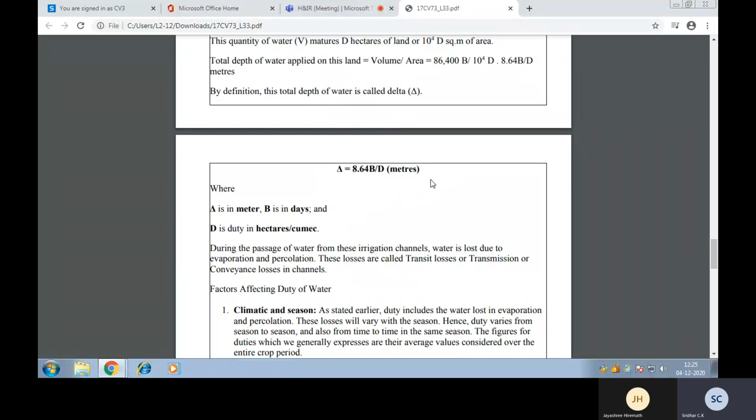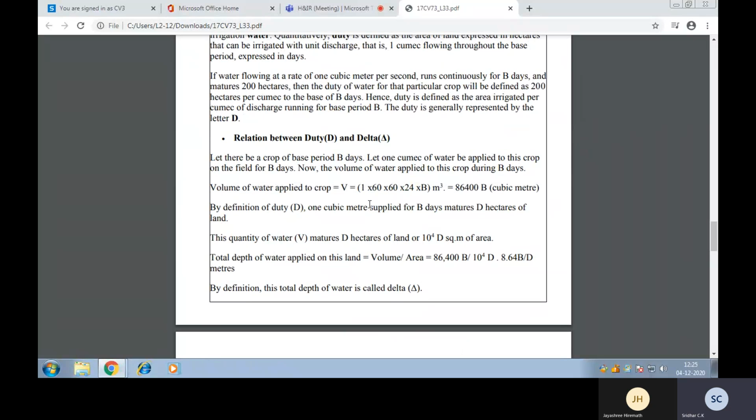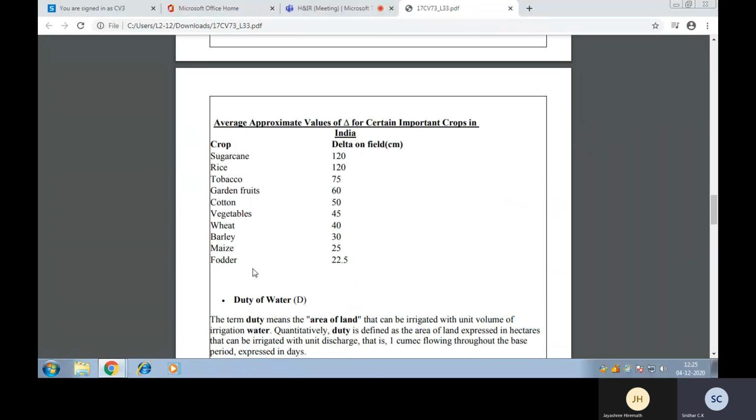Both these things are very important for our consideration, because if you look at the table here, for every crop, these are the values which highlight the significance of water requirement. Either you express the water requirement in terms of area to be irrigated, or the total quantity of water required in terms of depth. Both are one and the same. So I consider this a very significant data for the growth of crops.